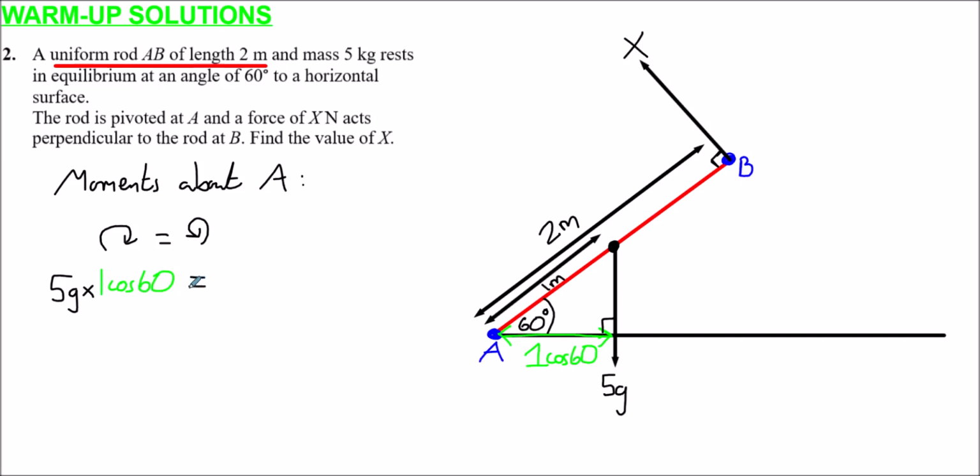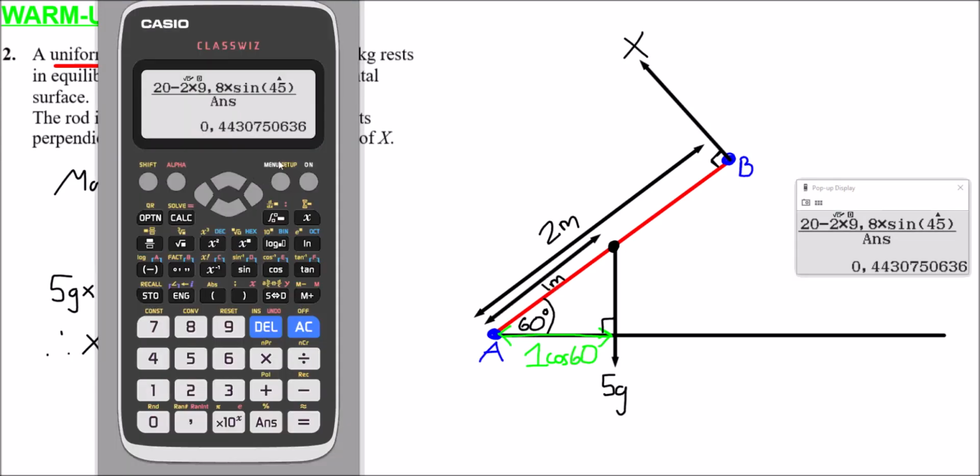so that's going to equal the moment going anti-clockwise. So relative to A, x is going around anti-clockwise, and so this is the only anti-clockwise moment. It's due to this x force. So that's going to be the size of the force, which is x, multiplied by the perpendicular distance of the line of action of the force from the pivot. We already know x is perpendicular to this line, so it's just x multiplied by 2 meters. In other words, 2 times x. So therefore, x is just 5g cos 60 divided by 2. So if we just try that now,